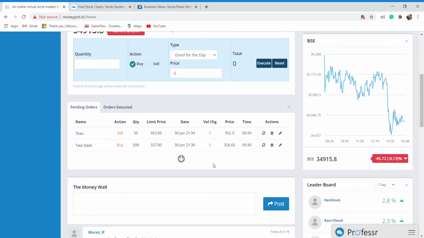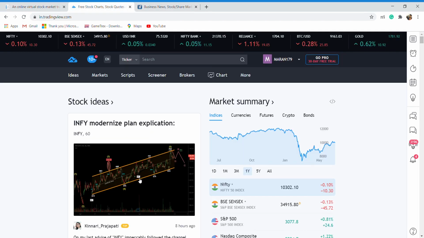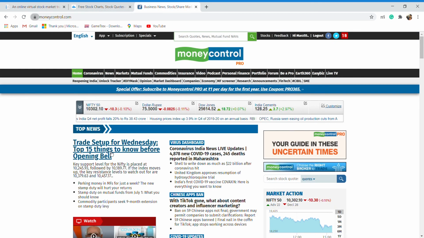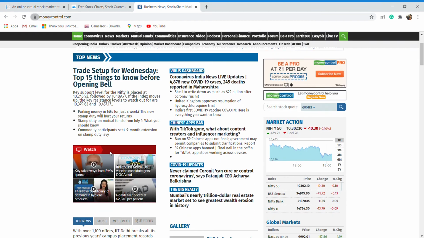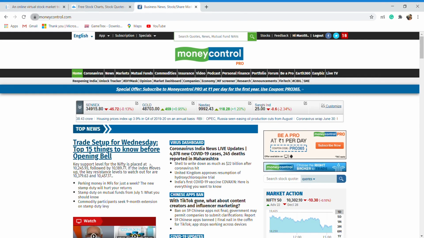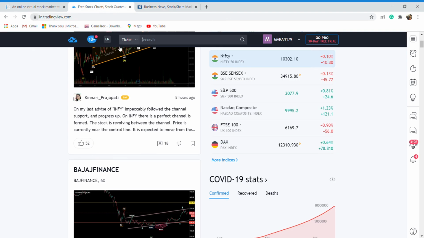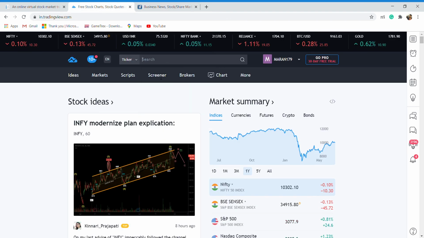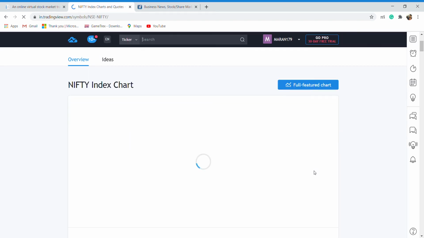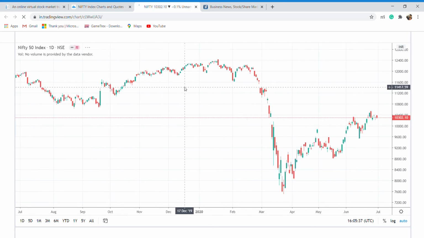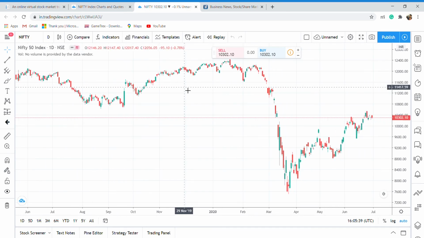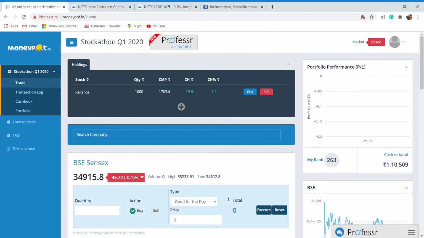Also, you can use various resources like TradingView and Money Control for further analysis, on what basis you can buy the stock, the news that is going on, and the charts we can check. Use some technical indicators you studied in SAPM and every subject, and keep your minds open and do whatever analysis you need to buy the stock. That's all. Thank you.